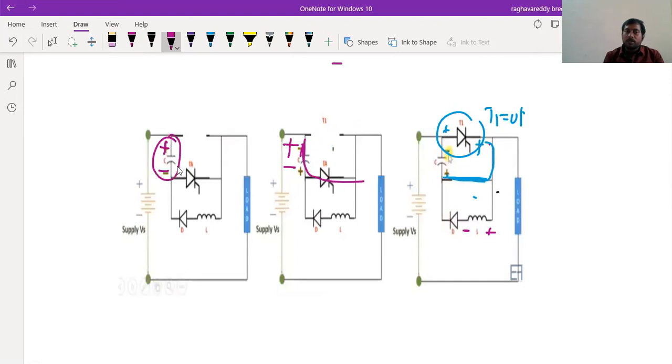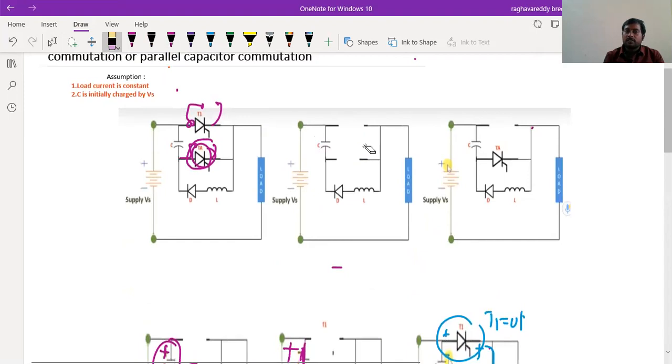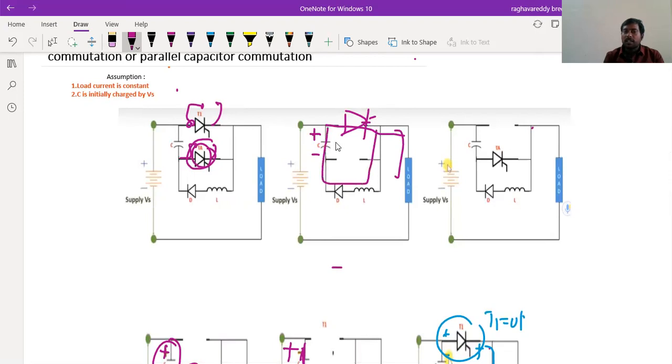After fully charging the capacitor, negative is connected to the anode, so that it acts as an open circuit. That is similar to this figure, nothing but the capacitor is again fully charged. If you turn on the thyristor T1, this will be turned on, and current flows in this path and another path in this direction. The capacitor, through the inductor, charges with negative polarity like this. If you turn on the auxiliary thyristor, again thyristor T1 will be turned off, and again the same thing will be repeated.